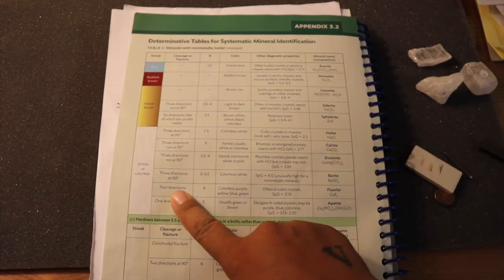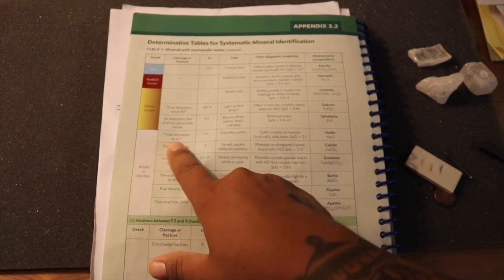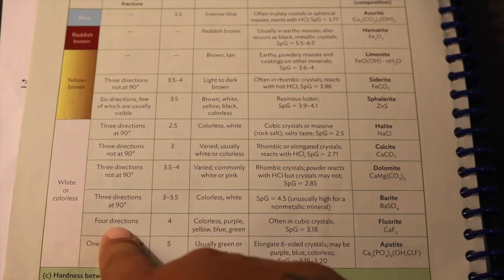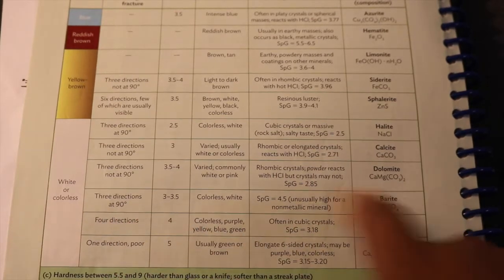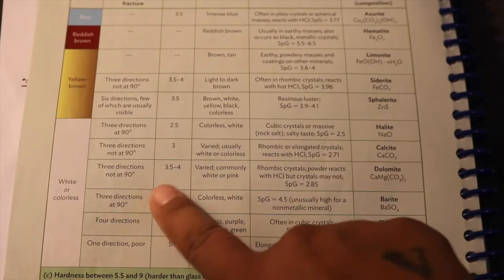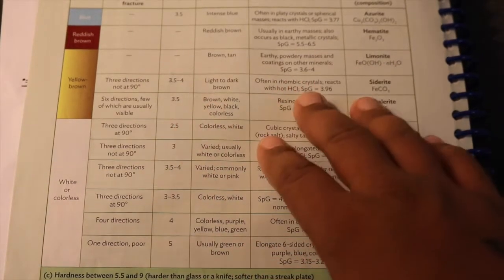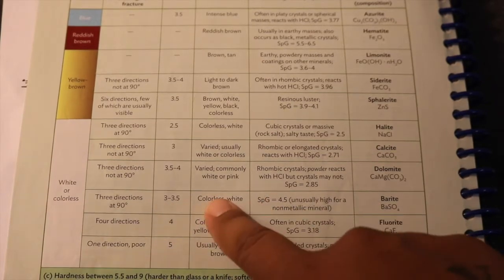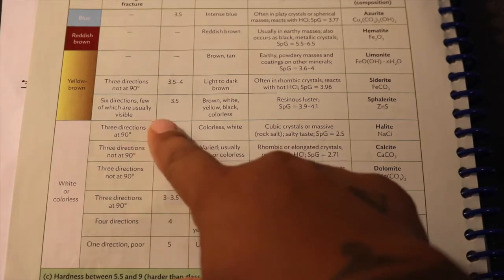So now we'll look at the cleavage or fracture. So halite has 3 directions of cleavage at 90 degrees. Barite has 3 directions of cleavage at 90 degrees. And fluorite has 4 directions. So we automatically know it's not fluorite. But now let's take a look at the hardness. We know that our mineral has a hardness of less than 3. So we're left with barite, which has a hardness of 3 to 3.5, and we're left with halite, which has a hardness of 2.5,